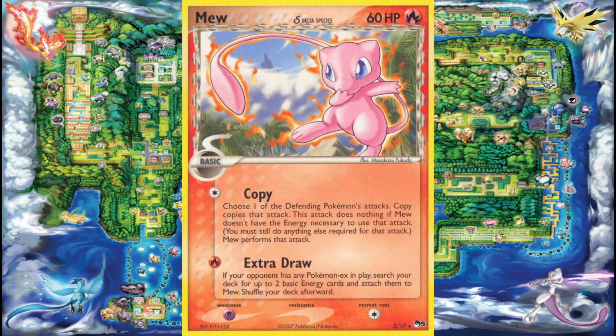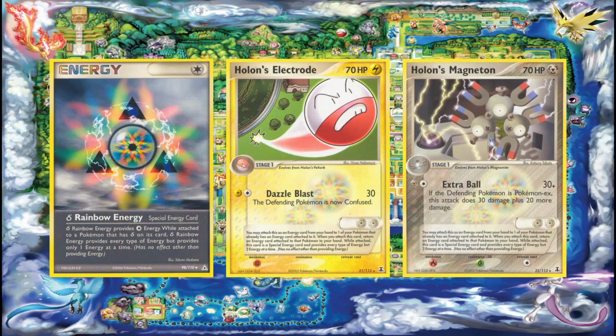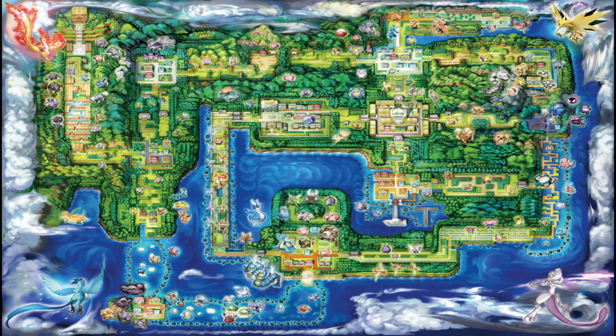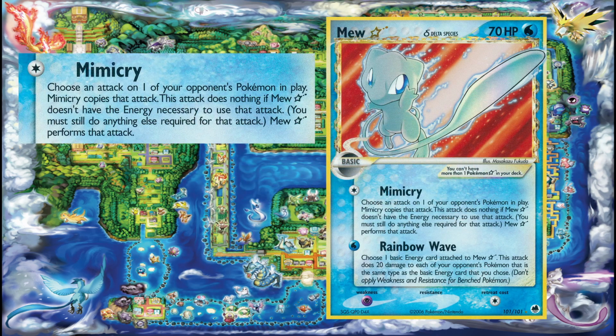Since it still needed the correct energy to copy the attacks, it went well in Delta Species decks that ran Delta Rainbow Energy or the Holon Pokemon, as it could be used as double Rainbow Energies. It also benefited from Flygon's Delta Supply Poke Power, as it accelerated energy to Delta Species Pokemon to quickly fuel their attacks. The Water-type Mew also came with 2 attacks, the first being Mimicry, which needed 1 colorless energy to